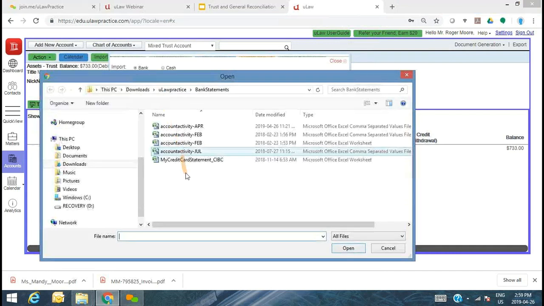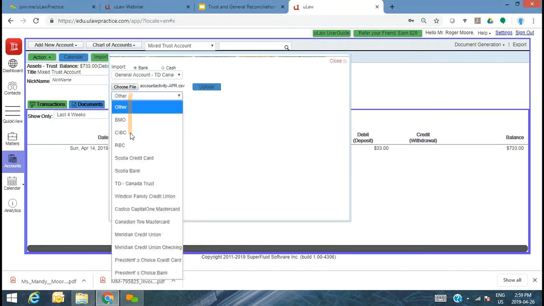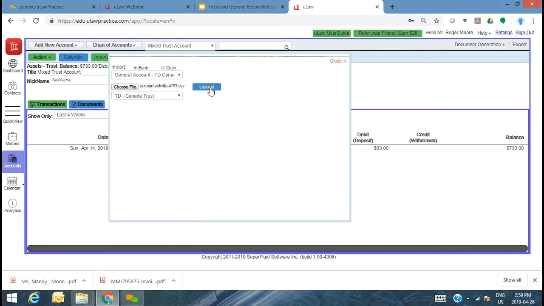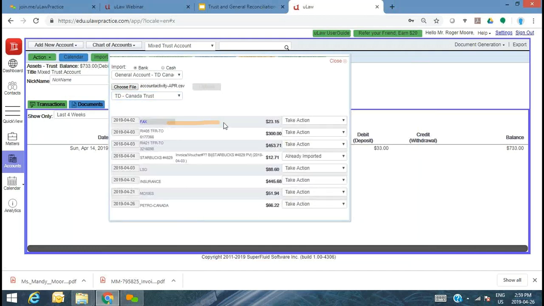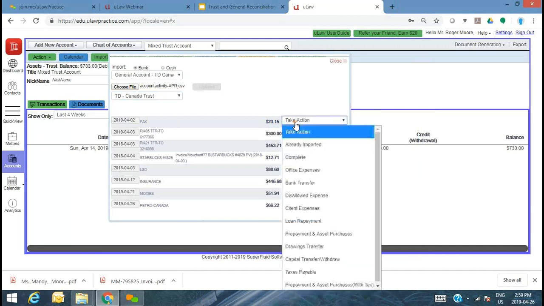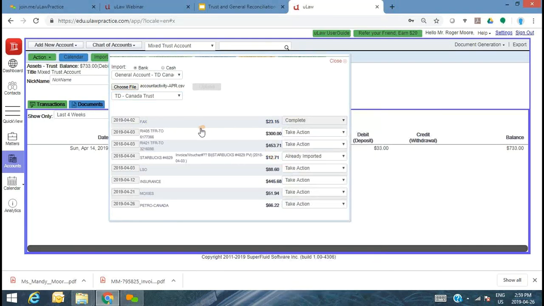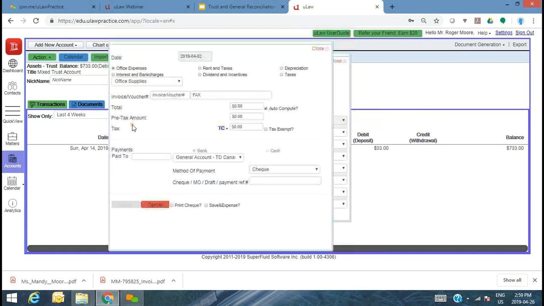And this is where I'm working with, let's say, TD. I can download my April statement. And here are all my office expenses. Okay? So I can say it's an office expense that occurred on the 2nd of April.